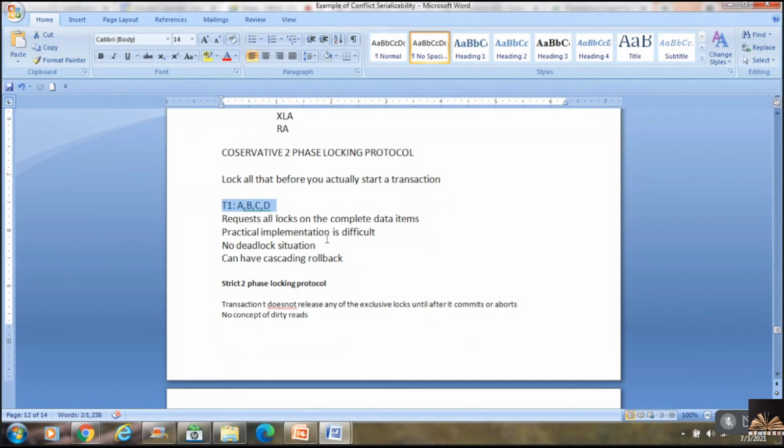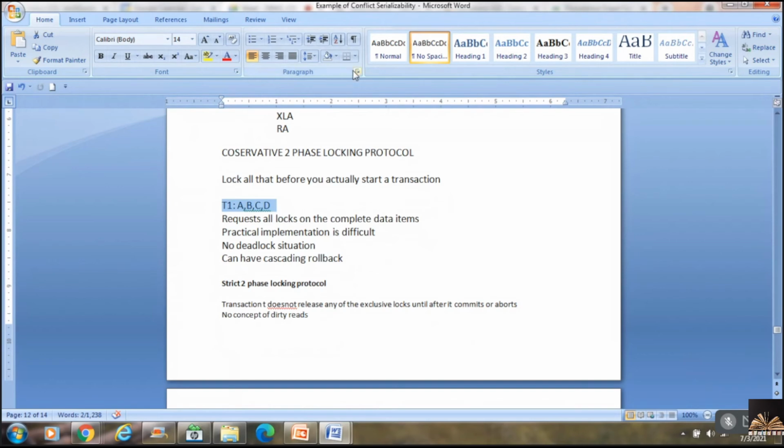So procuring locks on all the database items required by a particular transaction is practically impossible at the beginning. So the implementation of this kind of protocol is a bit difficult. That is the reason I've written over there: practical implementation is difficult.